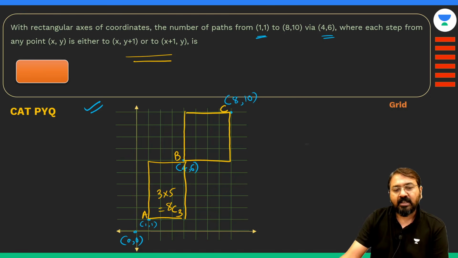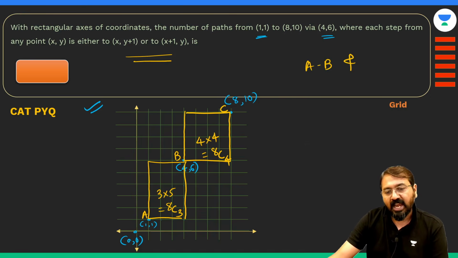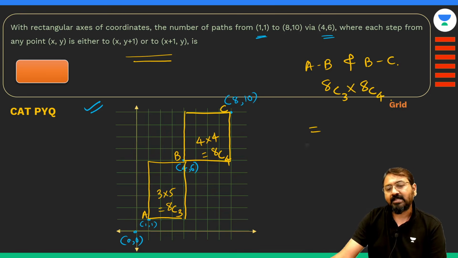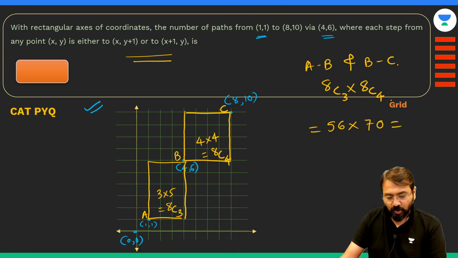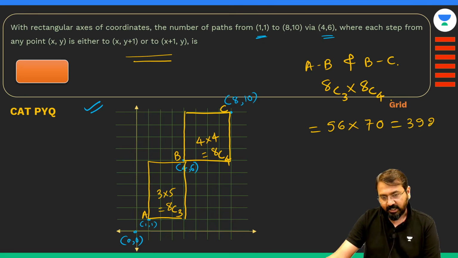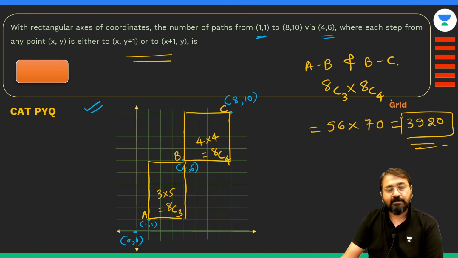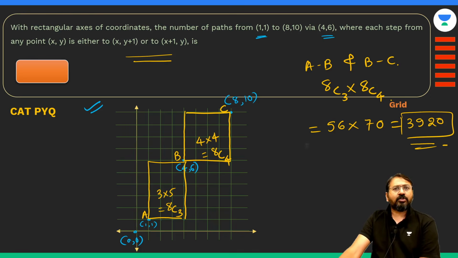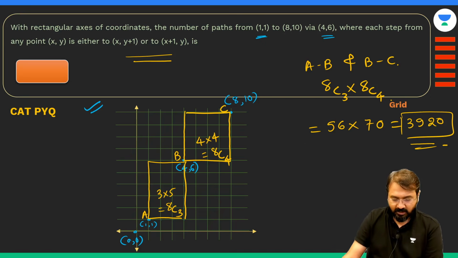ये कितने बाई कितने का ग्रिड है, तो ये आपका बन जाएगा 4/4 का ग्रिड। सो नंबर ऑफ वेज यहां पे कितने हो जाएंगे, 8C4। सो व्हाट विल बी द टोटल नंबर ऑफ वेज, तो आपको ए से बी भी जाना है एंड बी से सी जाना है। सो आप क्या करोगे, 8C3 को 8C4 से मल्टीप्लाई कर दोगे। तो गाइज ये कितना आ जाएगा, 8C3 तो बड़ा आसान है 56, 8C4 कितना आ जाएगा 70। तो ये वैल्यू अगर आप मल्टीप्लाई करोगे तो ये आ जाएगा 3920। कैलकुलेशन में थोड़ा सा टाइम सेव कर लेते हैं, राइट। तो आप चेक कर लेना इसको, 3920 ये आ जाएगा,